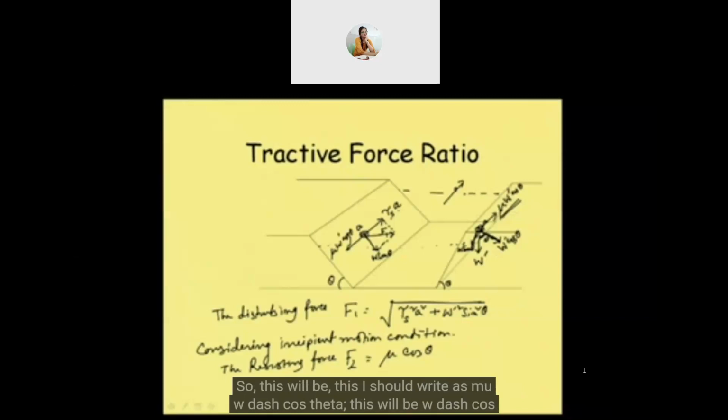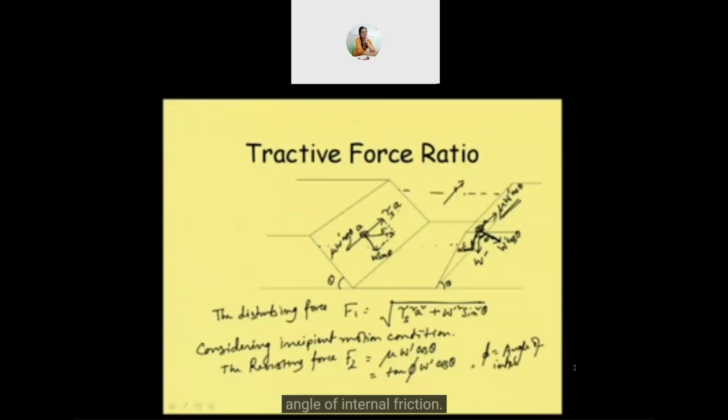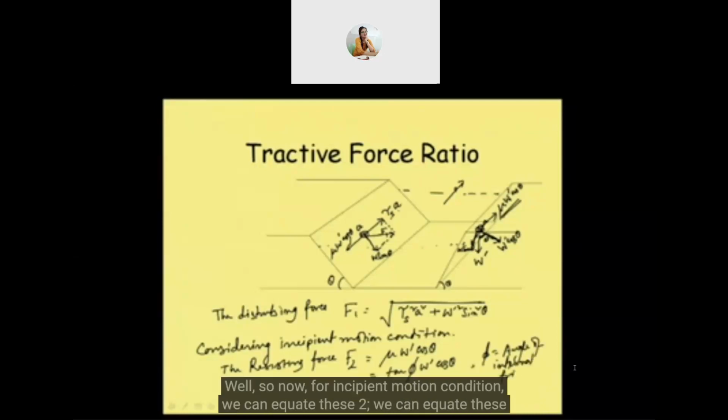This will be W dash cos theta. And this mu we can write, as I have explained, as tan phi times W dash cos theta, where phi is nothing but the angle of internal friction. Now for the incipient motion condition, we can equate these two. So equating these two, what we can write,